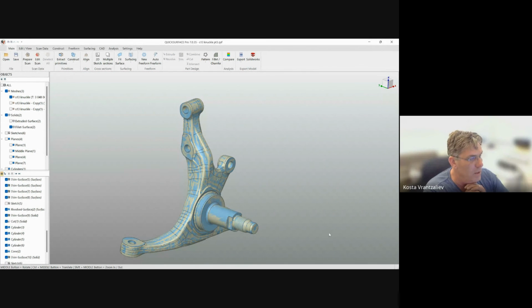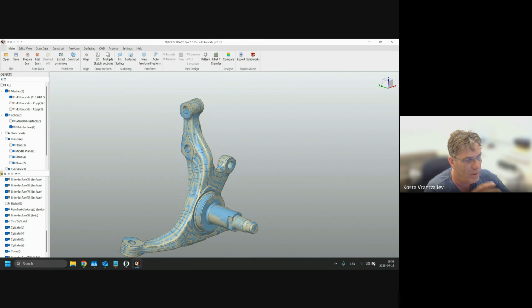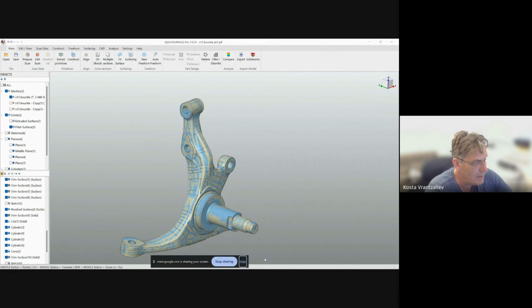We'll share, speaking of this, after this workshop, we'll share also this file. It belongs to Victor. He scanned this, and we can freely distribute. But again, sometimes some customers allow us to show the files, but they don't allow us to share the actual data. And then we get requests from people like you. Yes, I would like to practice myself. And then we say we cannot share the file, so it becomes a bit of a mess. So yes,